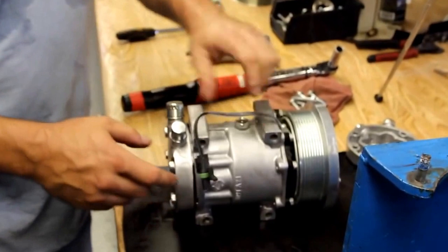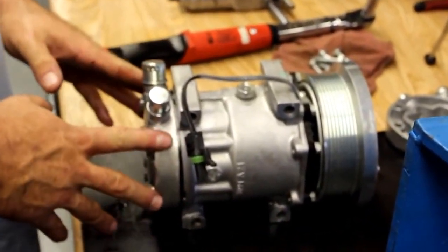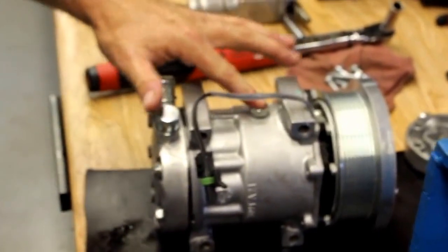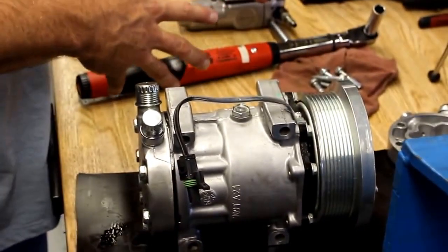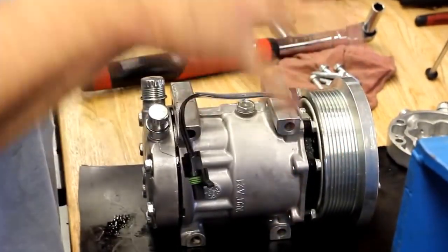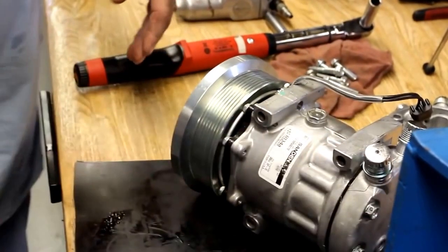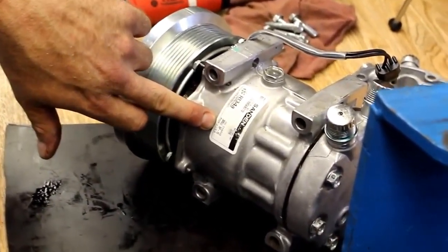One note you want to watch out for: if there was a lot of oil trapped in the cavity of the backhead, a good practice is to go ahead and remove the compressor oil fill plug, drain the oil out of the compressor, and reinstall new oil in the correct amount. The tags specify the quantity of oil that is needed, or that came from the factory. This one being 300